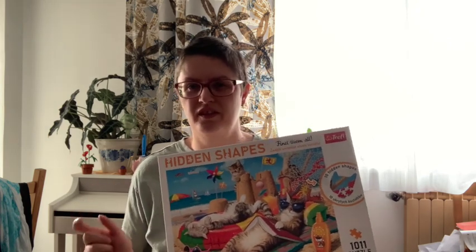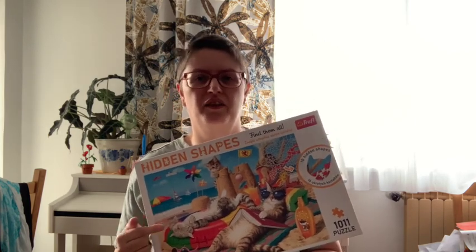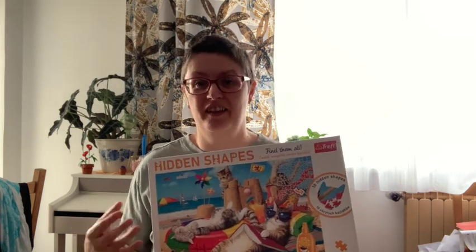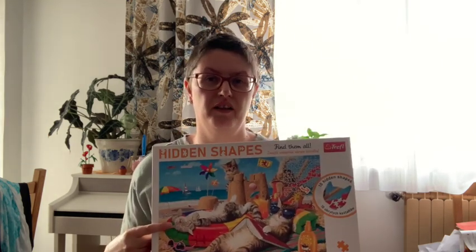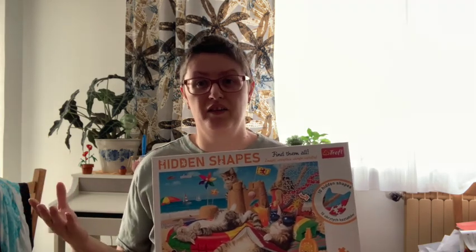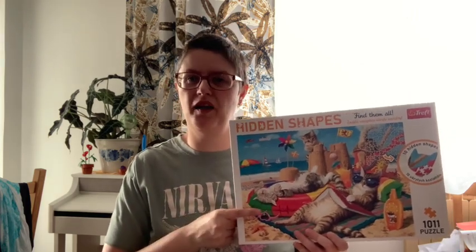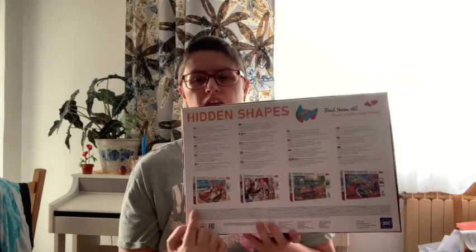It has thin pieces, and a really crumbly fit. That's crumblier than any other puzzle, but that's really a funny concept. So there are really big shapes of cats in a cat puzzle. It's so funny, and I saw this picture once in another brand. I recognized this once in a puzzle haul from another YouTuber, that they have the same picture, but usually a standard ribbon cut, and I really think I wouldn't have bought this picture if it did not have this gimmick in it. And there are 1 or 2 more,